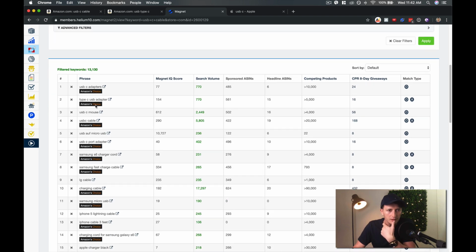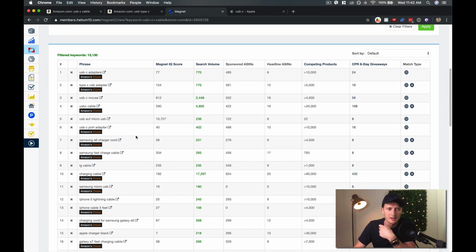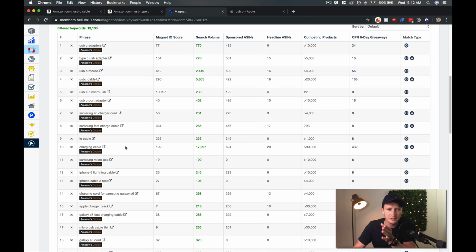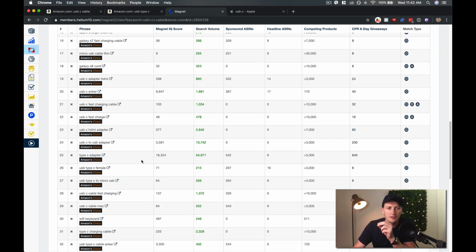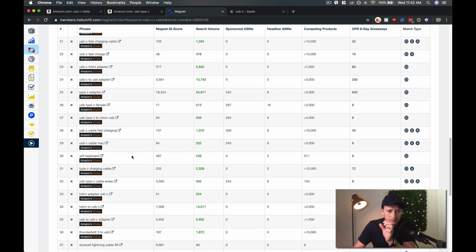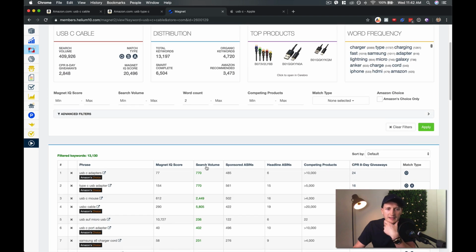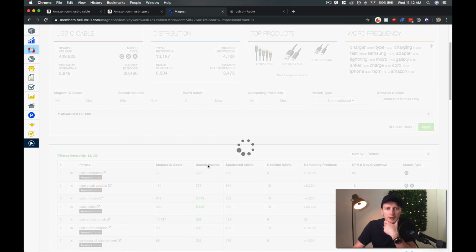So you can see USB-C adapters, Type-C USB adapter, USB-C port adapter. Now, there's a lot of different variations of the actual cords, but you can see there are different keywords that people are typing in for USB-C fast charge, might be the angle of your product, might be the keyword that you target. And the key is you want to know that there's demand in these keywords, and you can search it here on search volume,